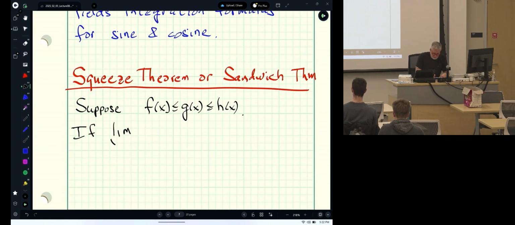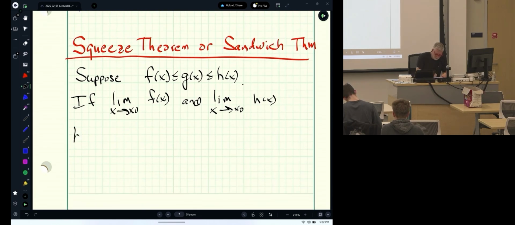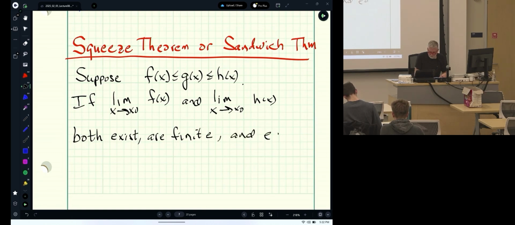If the limit as x approaches x0 of f of x and the limit as x approaches x0 of h of x both exist, are finite, and equal to one another,